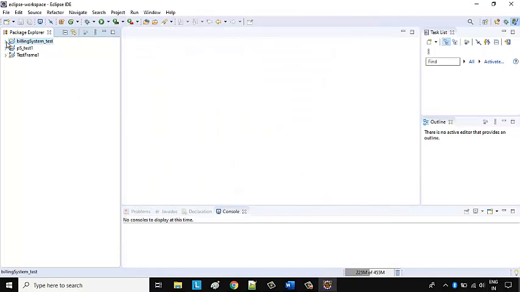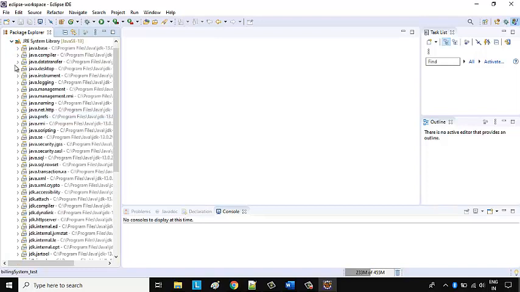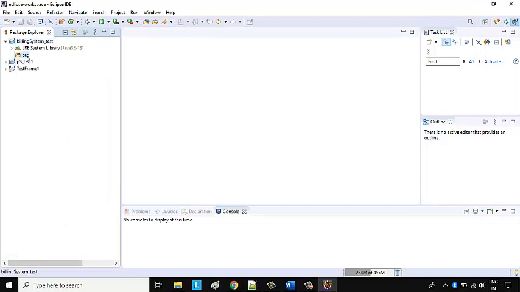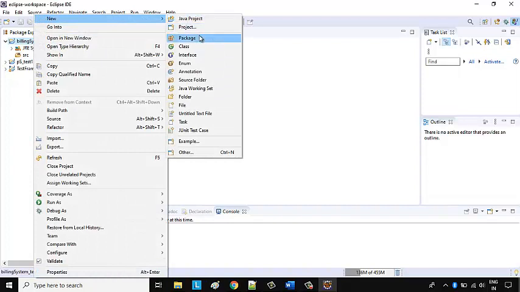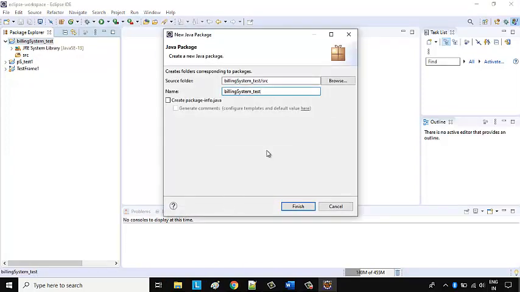So friends, now you can see in the left side Project Explorer, you will see the option like the JRE libraries. Okay, so far we have a number of libraries available with us, and there is an SRC. Under the SRC, what we can create is first one package. A package is a kind of collection of classes or information we can club together. It's a package. Okay, so like create Java package.